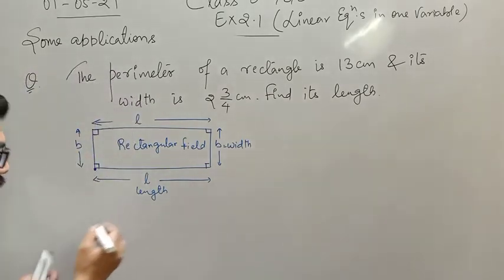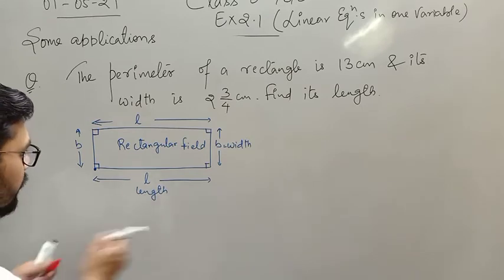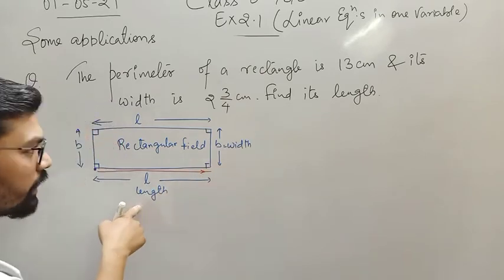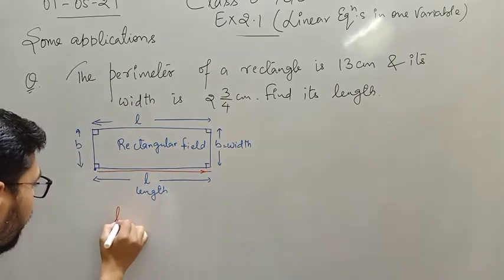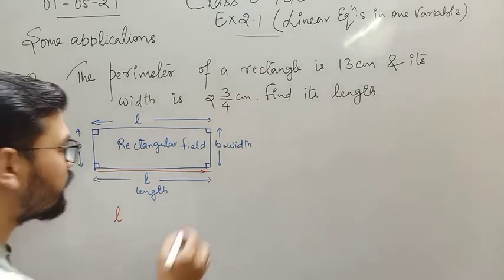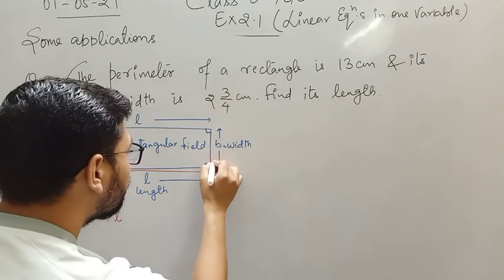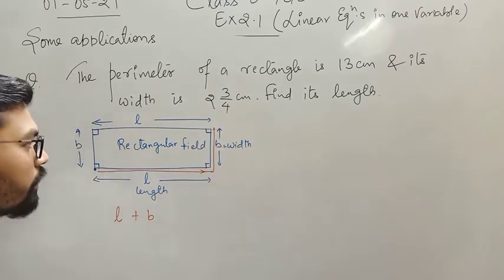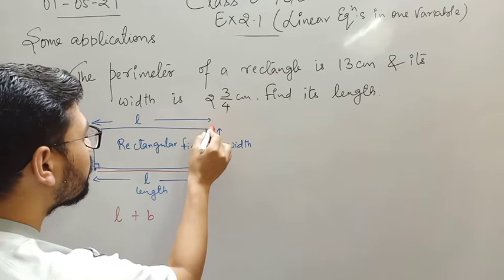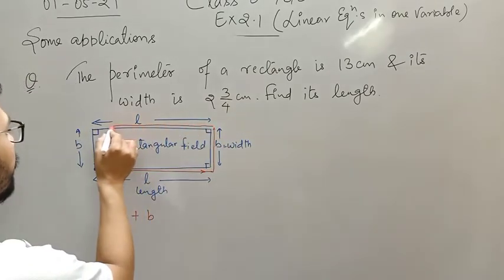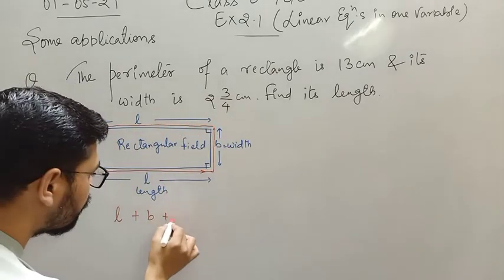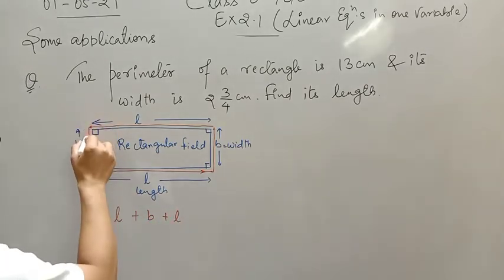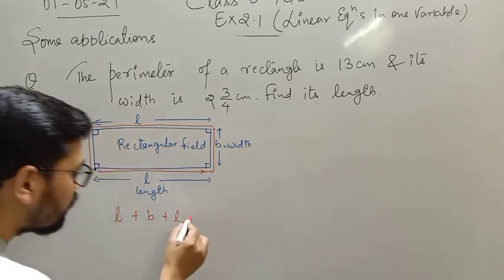So what you will say, sir, first I covered this distance, which is equals to L. So you just write here L. First you travel this distance, then you take a turn and then you cover this distance which is equals to B. Then again you turn left and you cover this distance which is equals to L. Then again you just take a left turn and you return to your original position, plus B.